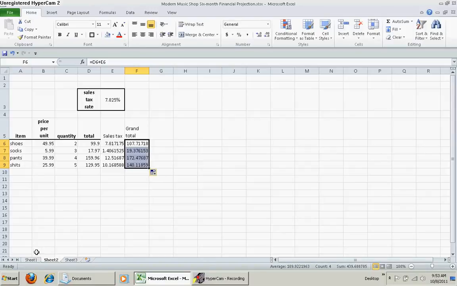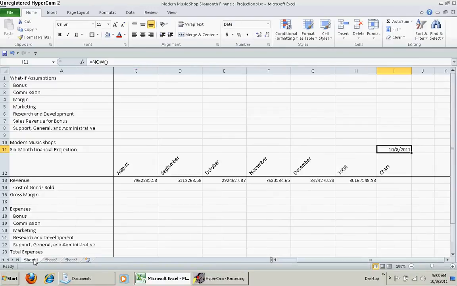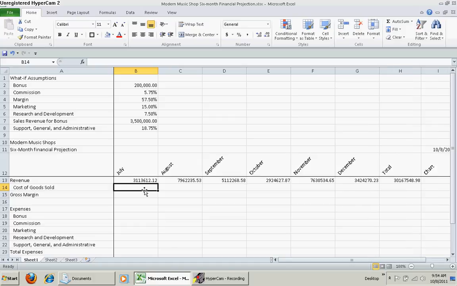Now let me go back to our original work and let's take it from here. Now let's go to cell B14, and we're going to write a formula that says take the revenue for August. I'm sorry, this is not, we need to go to July. Okay, so we're going to write a formula: the equal sign, take the sales for July